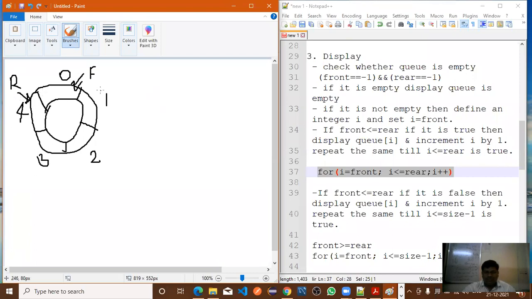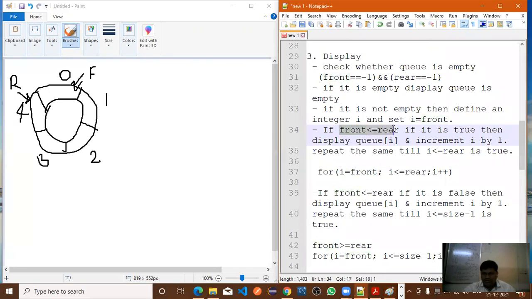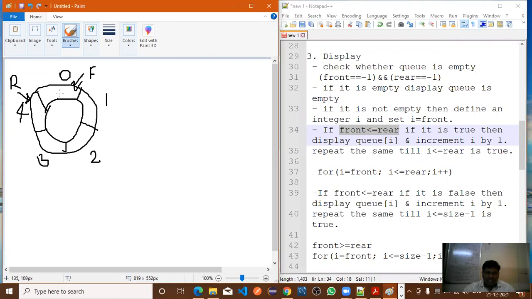Am I audible? Yes, sir. Now here, what condition are we checking? Now here I inserted all the elements: 10, 20, 30, 40 and 50.